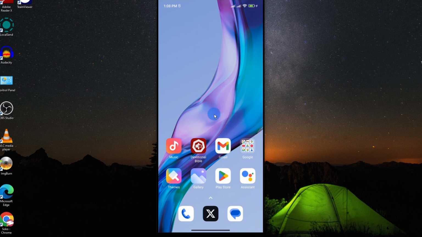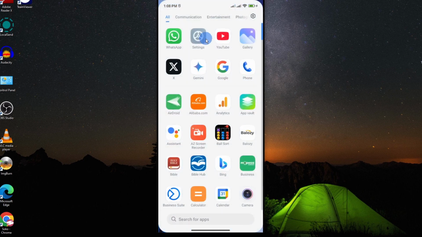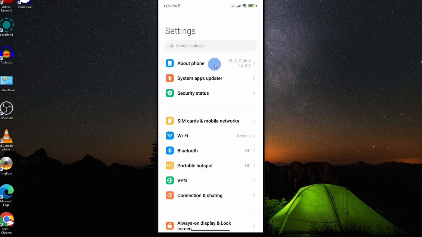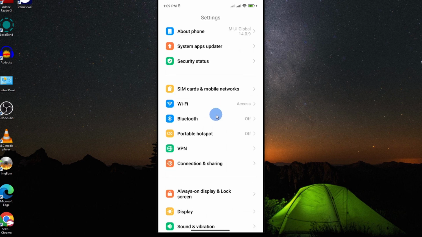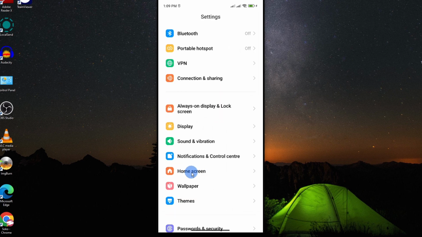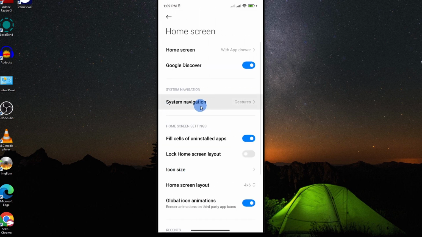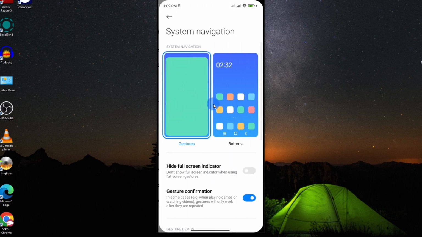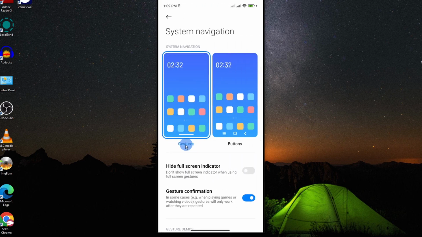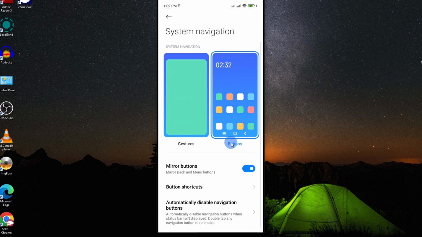Now to get started, all you need to do is go to settings and open it. From settings, scroll down until you see the home settings, and it is here under the home screen. Tap on it to open. Then look for the system navigation option, which is this, and you can see the current system navigation system is under gestures. To change this, just select the buttons, and as you can see, the buttons will be restored